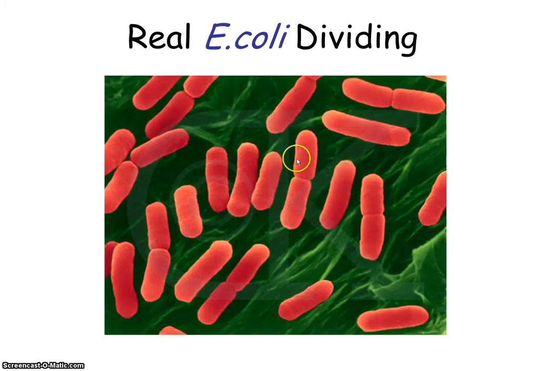This is a diagram of E. coli actually going through binary fission. This can be a positive and a negative thing. Obviously, if this particular E. coli has a genetic combination that allows it to survive in certain conditions, then that means that every time it clones itself, all its little clone offspring will also be able to survive under those same conditions. However, if we were to find, for example, an antibiotic that harms one of them, it's going to harm all of them because, again, they're all identical to each other. So sometimes there's a drawback to asexual reproduction and making identical copies of yourself.